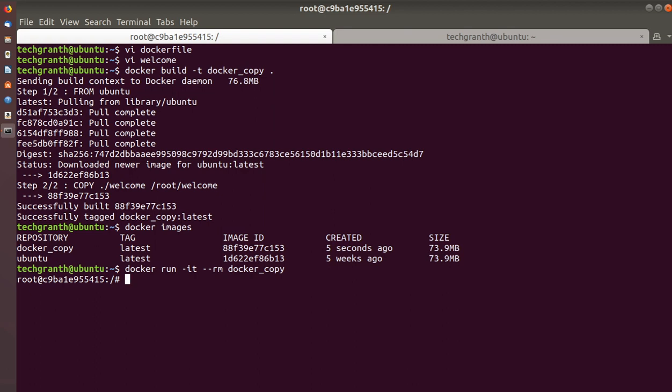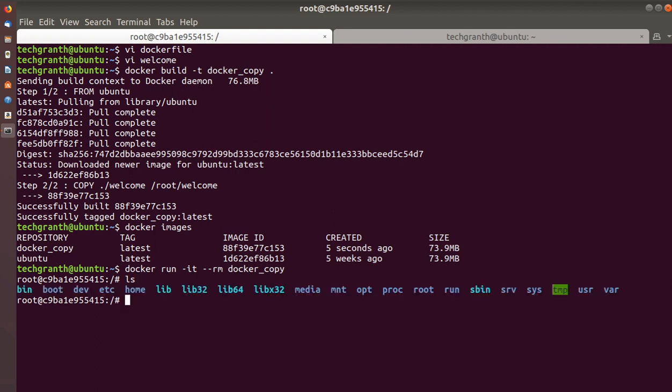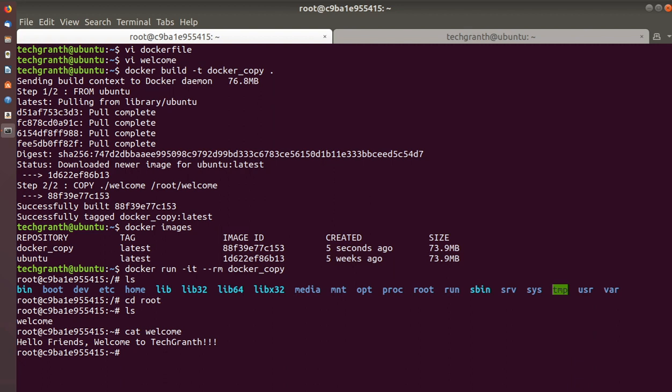And we are within the container at the root folder. Let's see ls. We'll go to cd root, and here we have the welcome file copied from our local machine. If we cat it, yeah, hello friends, welcome to TechGranth, you can see here.